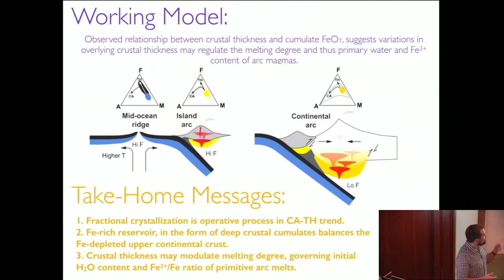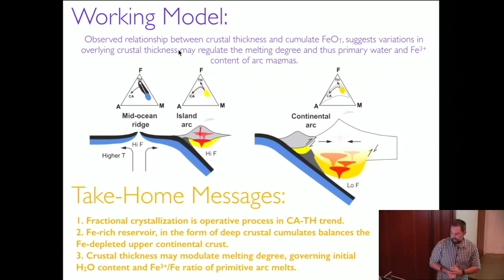And so our working model to explain these different trends is that there's a fundamental observation, first of all, and that is that there is an observed relationship between crustal thickness and the iron content of deep cumulates. And this suggests that crustal thickness may regulate the degree of melting, and thus the primary water and iron contents